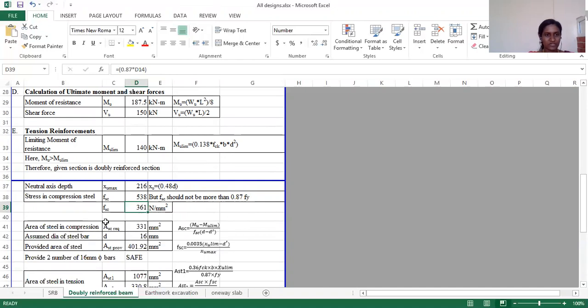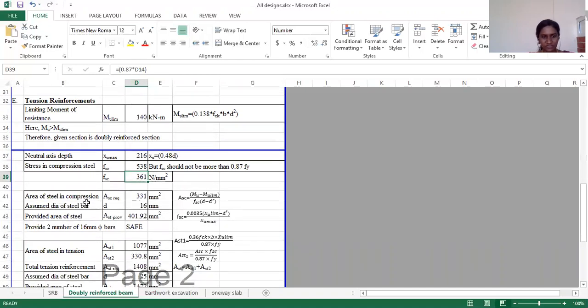Next, we shall find out the area of the steel in the compression zone. Compression zone means the top zone. So Asc required, we have the formula: Asc is equal to Mu minus Mu limit divided by fsc into d minus d dash. We have to provide steel in the compression zone. How much quantity of steel? The difference between the ultimate moment and the moment carrying capacity. Take the difference between those two, so that quantity of steel you have to provide in the